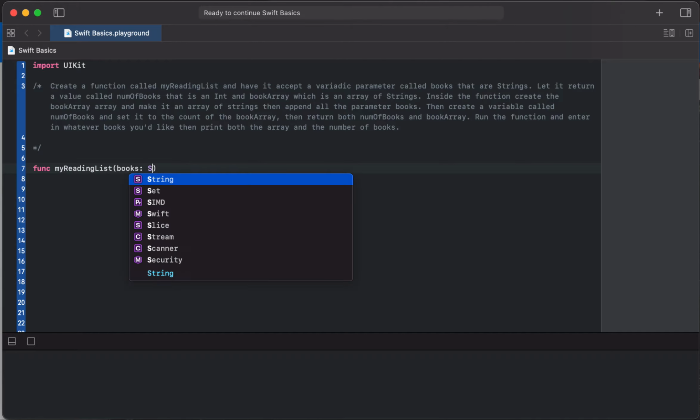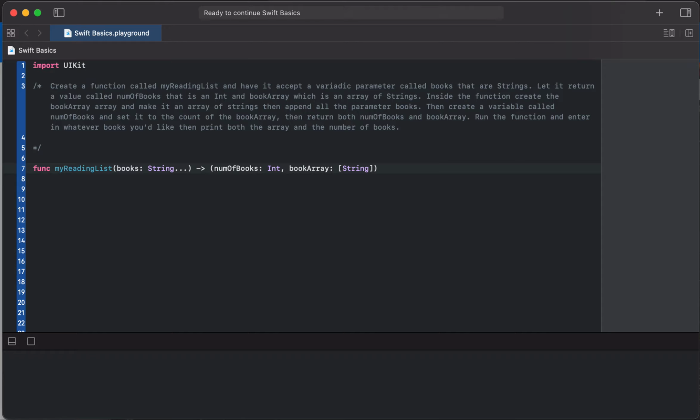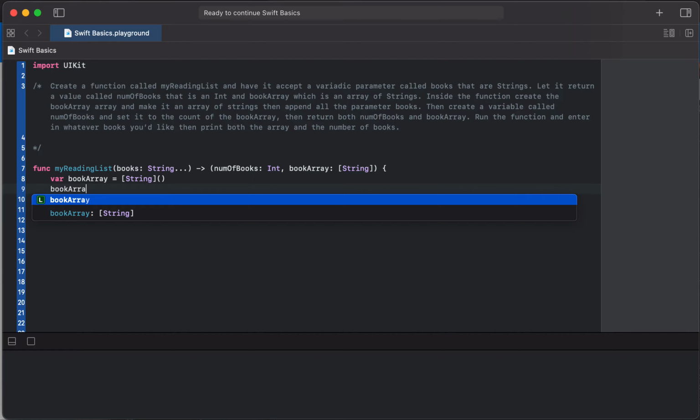So for this one, you're going to start by creating your function, myReadingList, and then for the parameters, it'll take that variadic parameter, and you'll say books: String... to indicate that. Then you're returning the number of books, which is an Int, and then a book array, which is an array